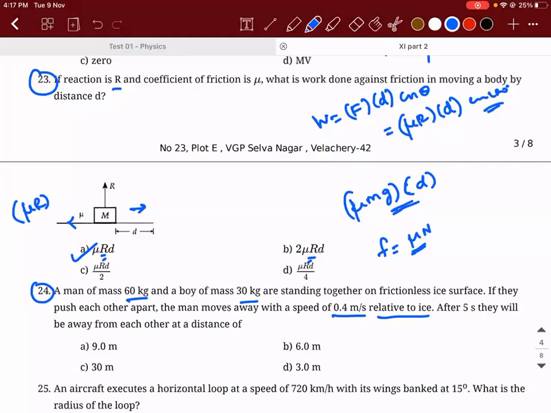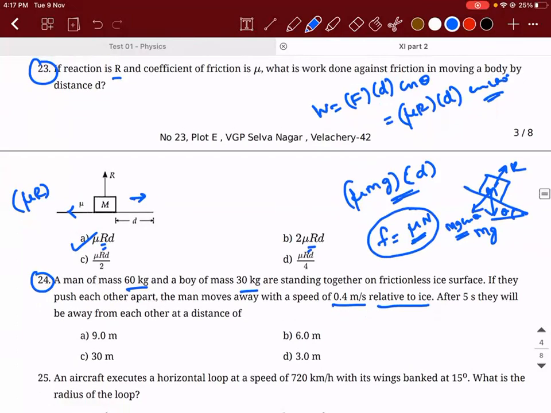In this case, reaction force is equal to mg. Whereas if the same problem was like this, mass of the object is like this, they had given you R, then the reaction force would have been mg cos theta, where this is theta. Are you able to understand? So next time onwards, if you see the formula for friction, don't remember it as mu mg, remember it as mu, that is the coefficient of friction multiplied with the normal reaction.